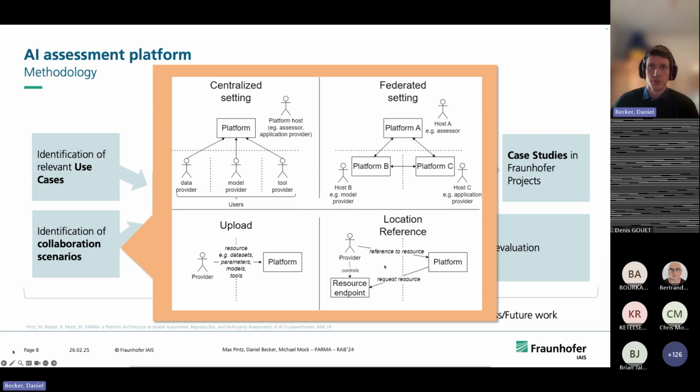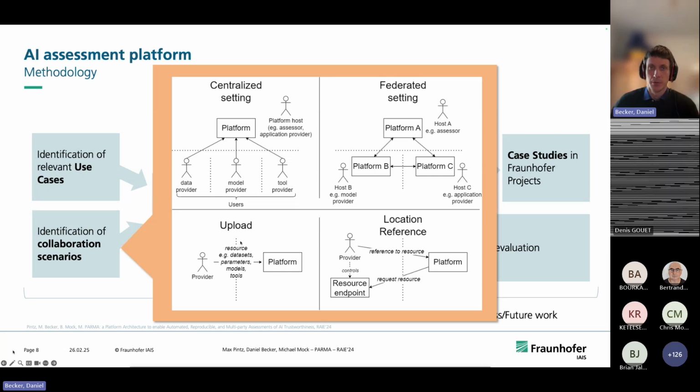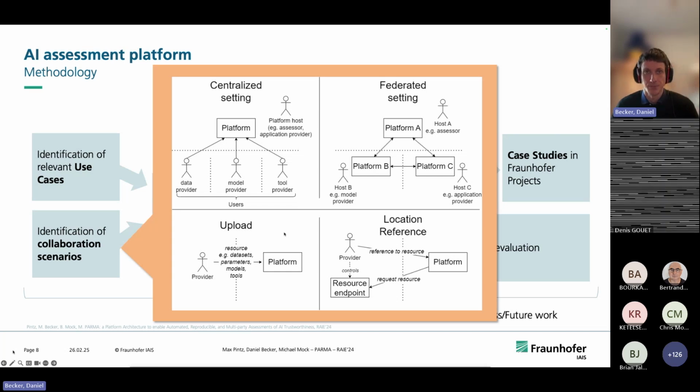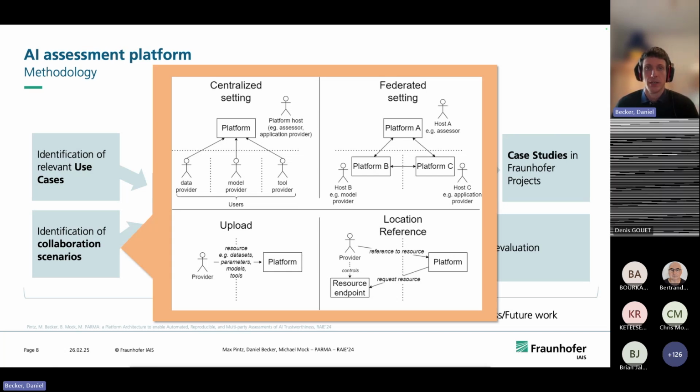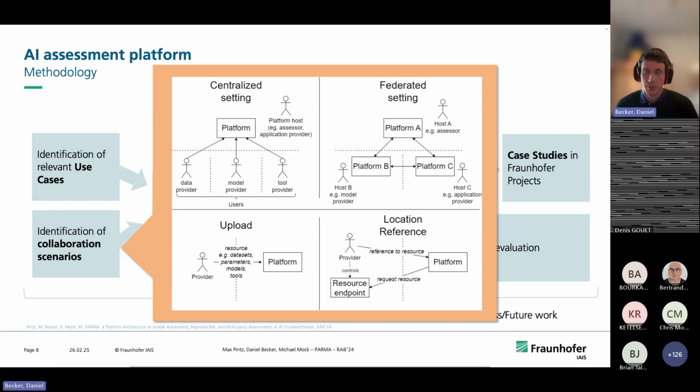And then, when it comes to resources that can be uploaded, the non-computational resources, meaning mainly datasets, parameters, models, and so on, there are principally different options: just uploading them to the platform themselves, but also, for example, an API model endpoint.